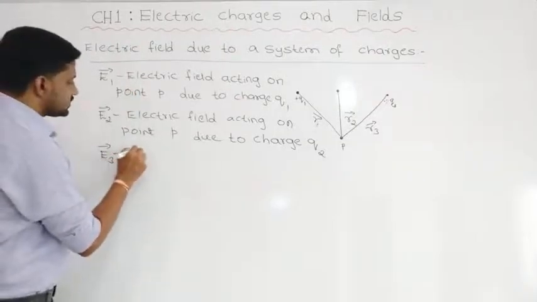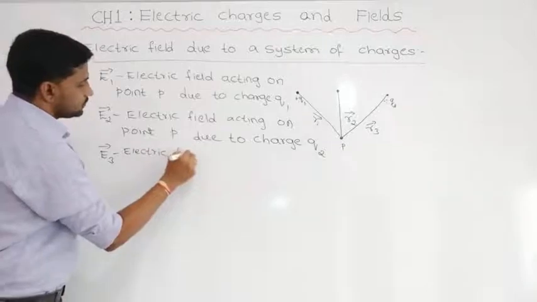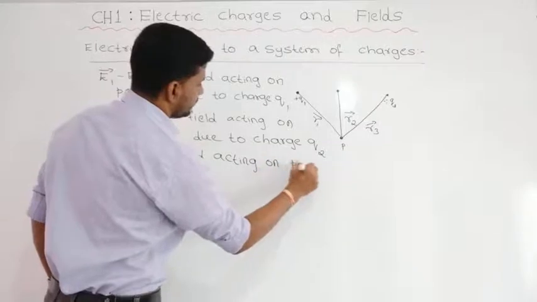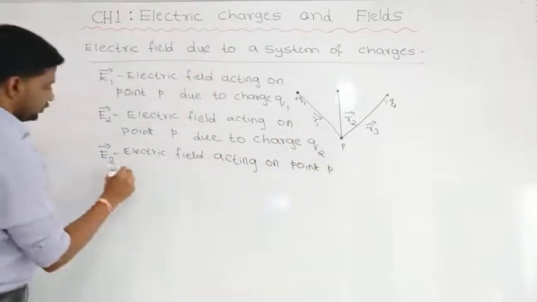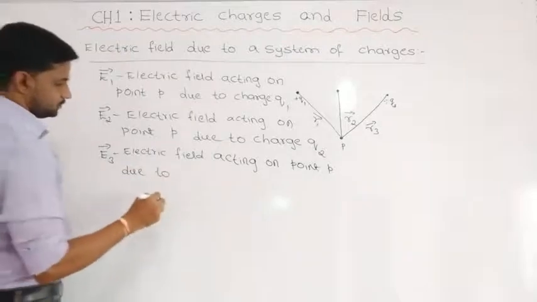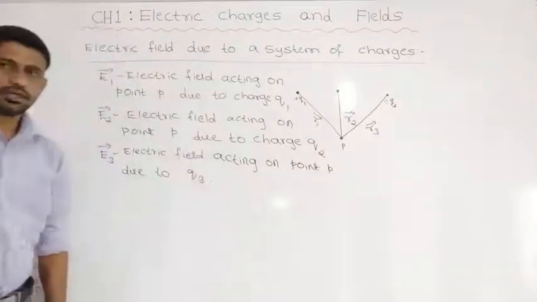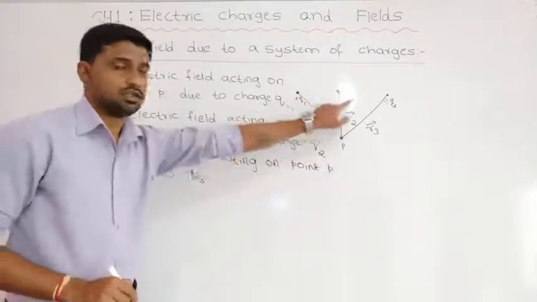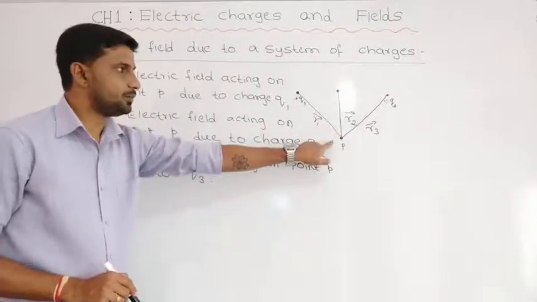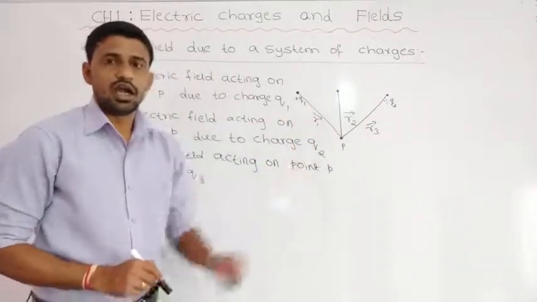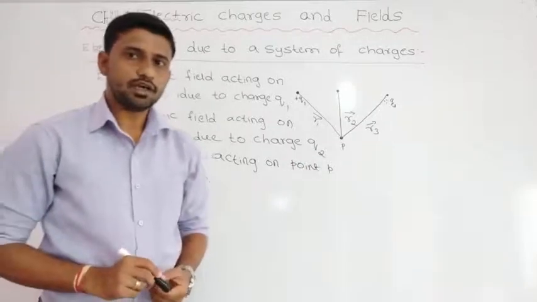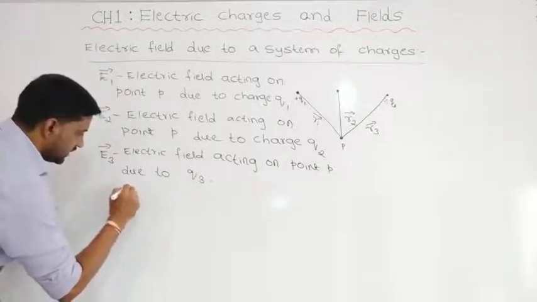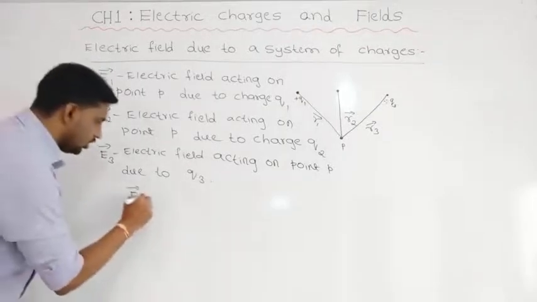So E3 vector is nothing but the electric field acting on point P due to charge Q3. Now I have to find the electric field at point P due to these three charges. To find it, I should use the superposition principle. According to the superposition principle, the electric field at point P, which I am taking as E vector, is equal to